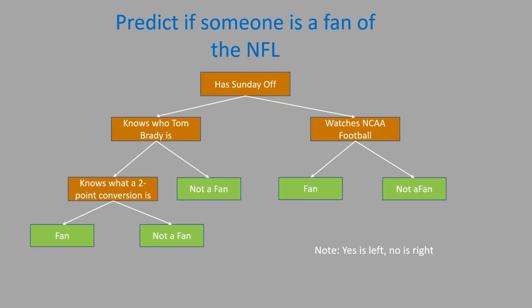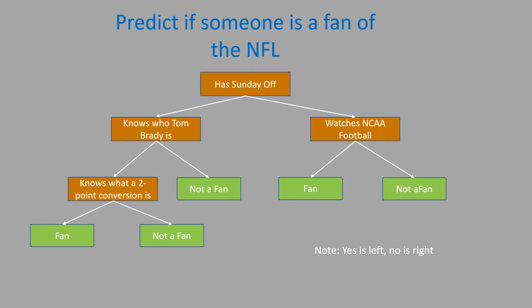The decision tree is traversed by following the rule that if the answer to the above question is yes, you go to the left, and if the answer to the above question is no, you go to the right. You continue down the decision tree path until you reach one of these green rectangles, and those rectangles represent your prediction. I'm going to talk more about traversing a decision tree here in a moment, but first, let's talk